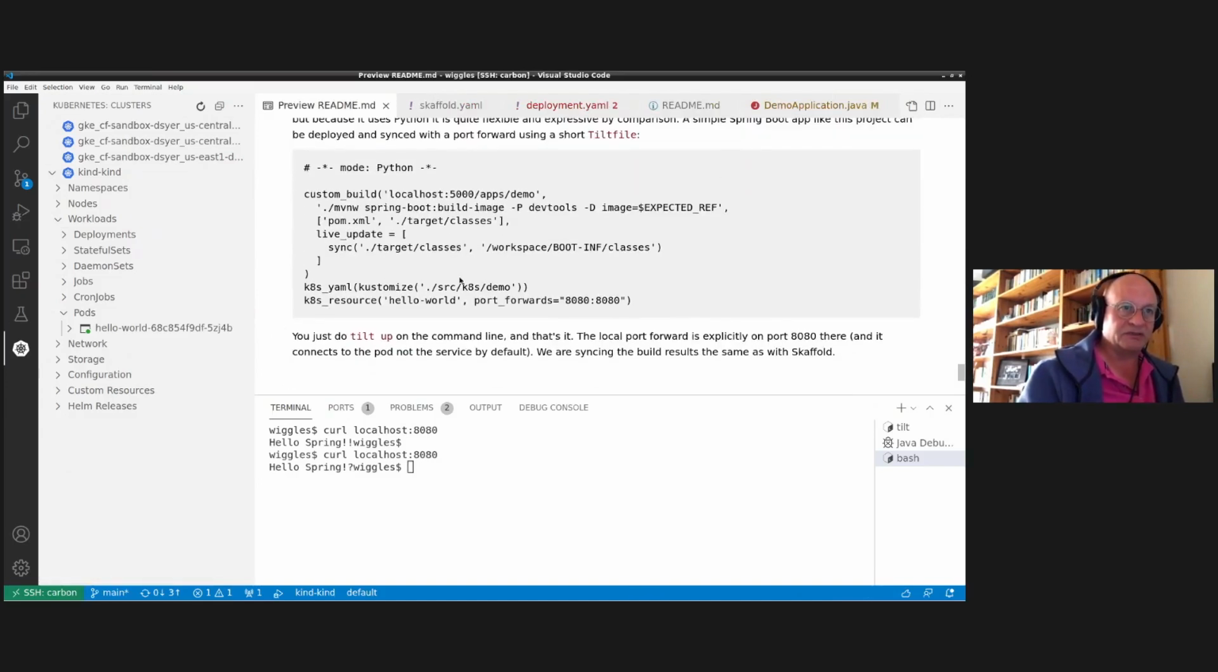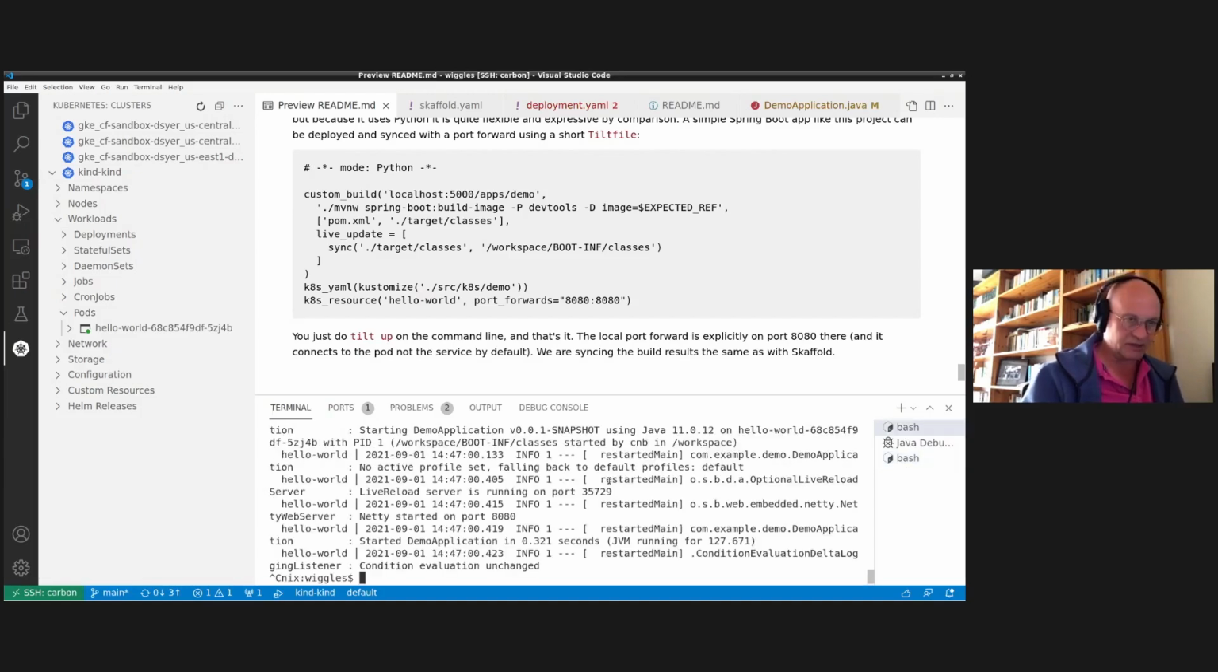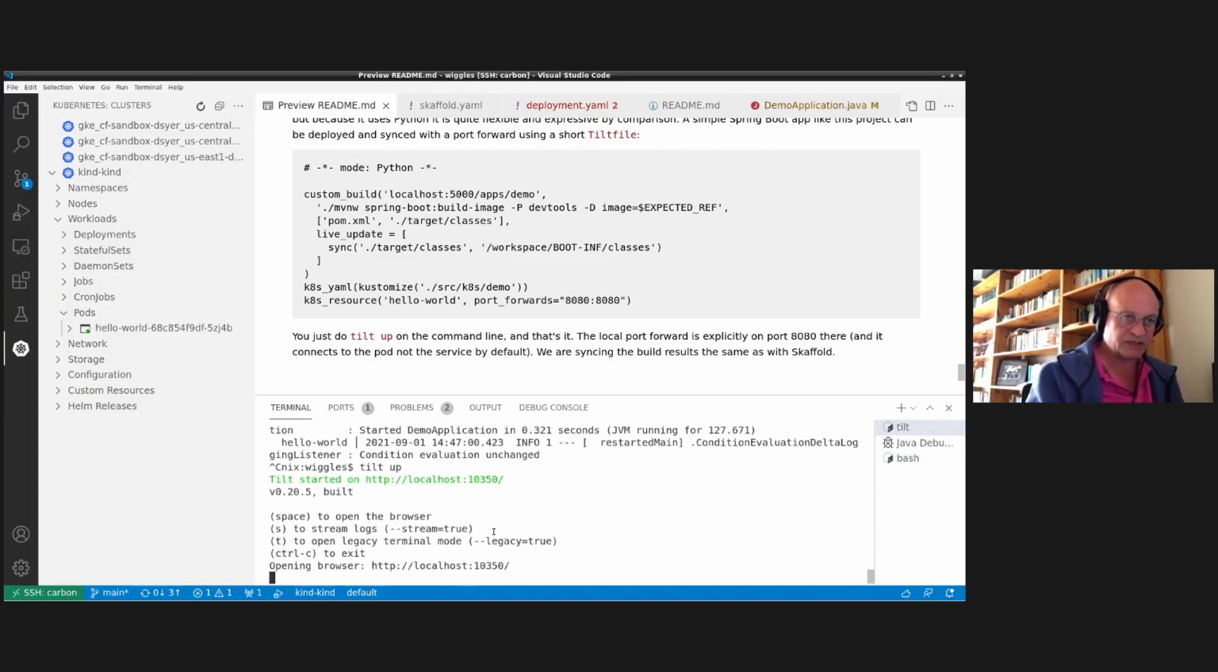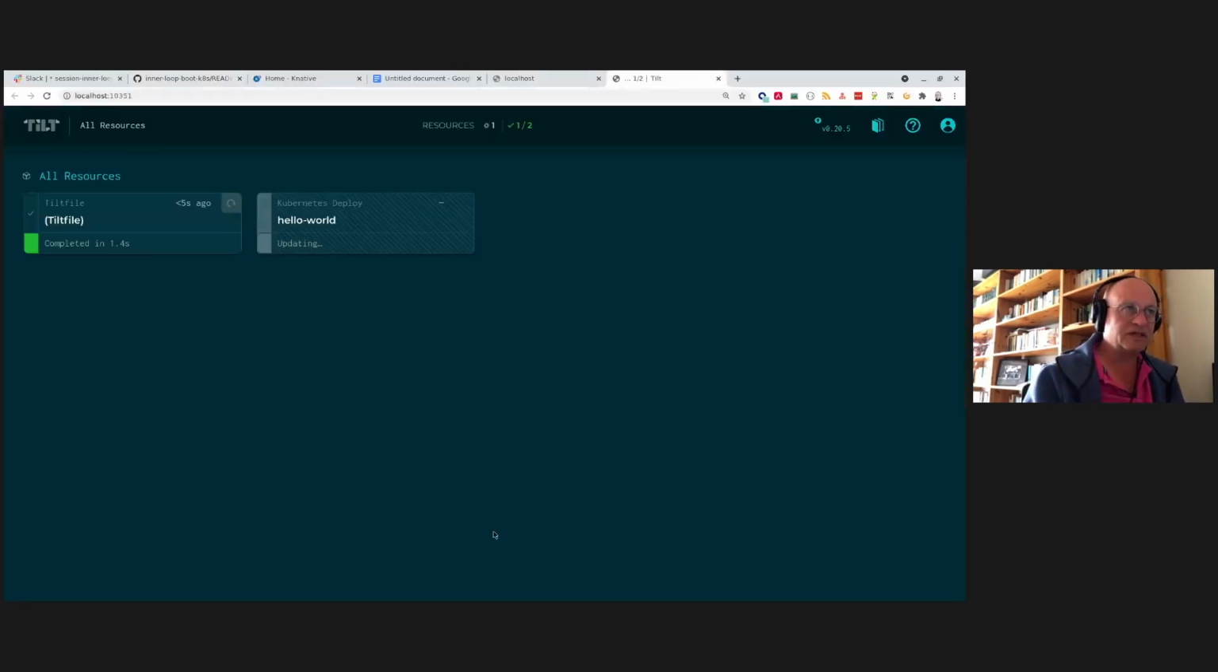So that's Tilt. You just do tilt up, and you get. I will show you the UI because it's kind of neat. Space to open the browser. There we go. 10351. I could have guessed that, couldn't I? Yeah. So basically, if you had a bigger cluster, you would see a box with all of the resources in there,